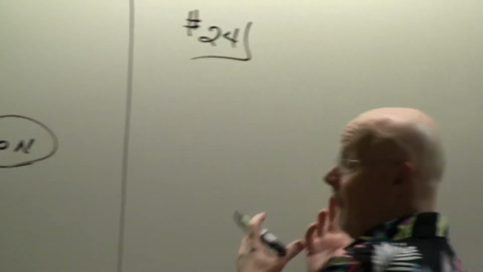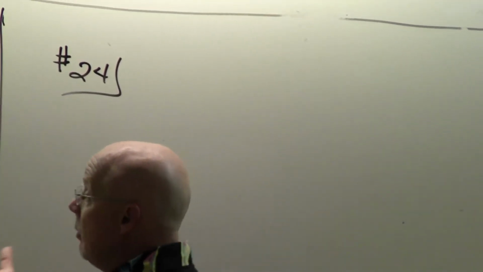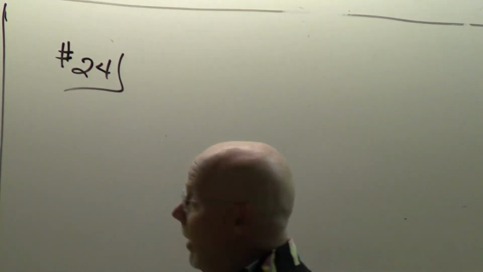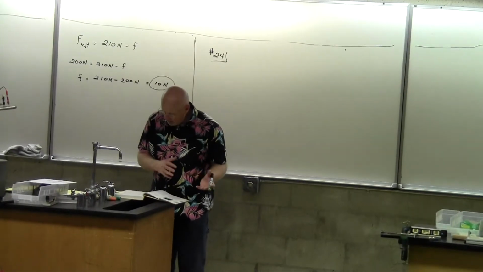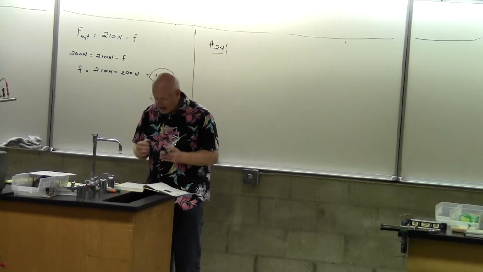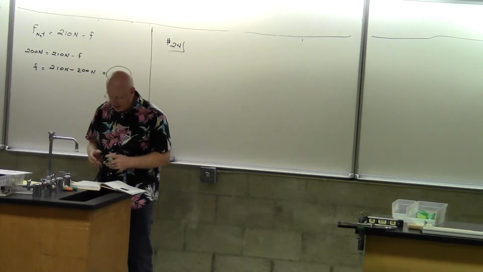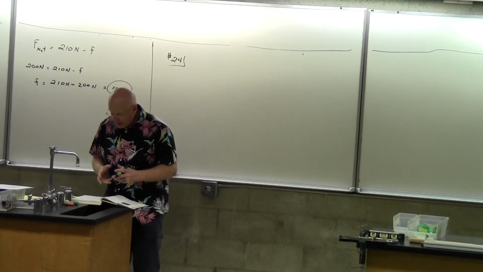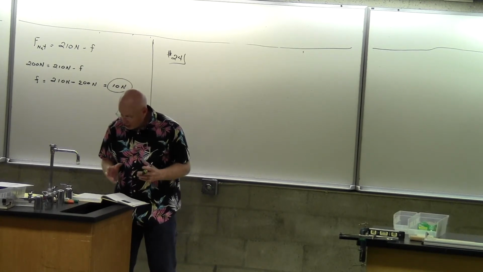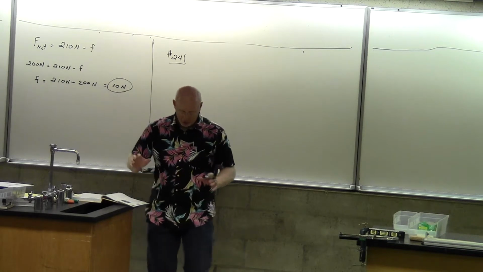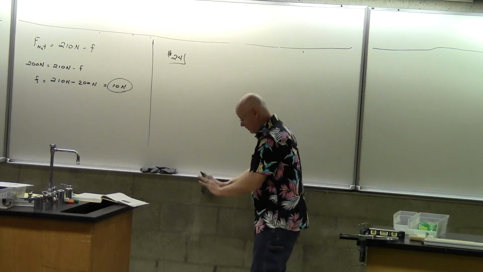And again, that's why 24 following 21 can be confusing, because right here we just saw that there is some friction. But I want to point out it's a small number. Because watch this one. In this one it says you have a mother who has a mass of 50 kilograms and a daughter who has a mass of 25 kilograms, and they are ice skating. And it looks like they get on the ice and they kind of face each other, and then the mother and the daughter push off each other. And so it maybe looks something like this. I'll be the mother here, and here's the daughter, and you go